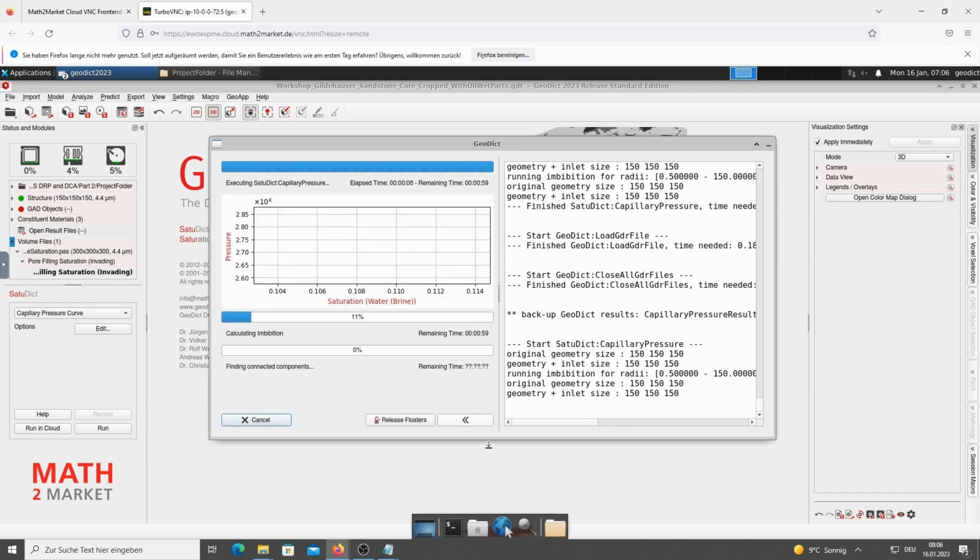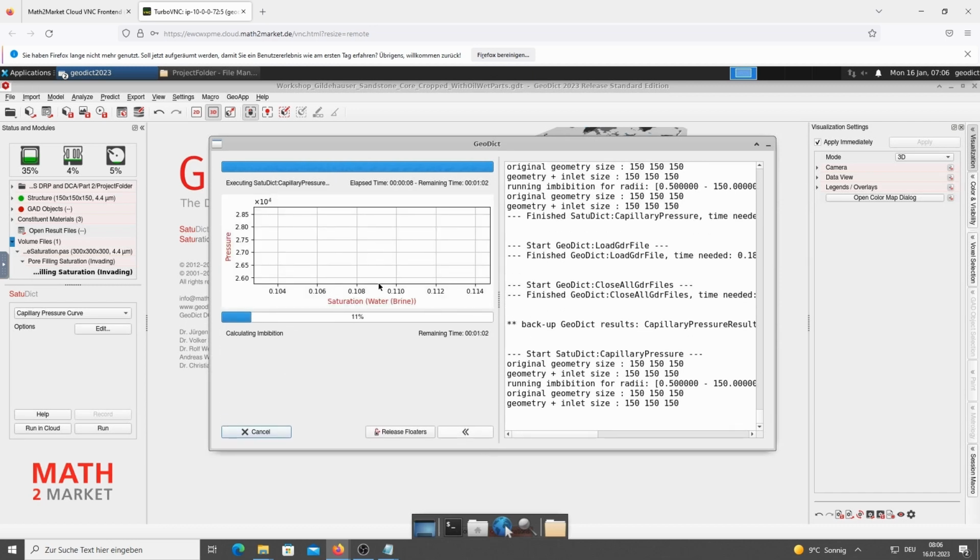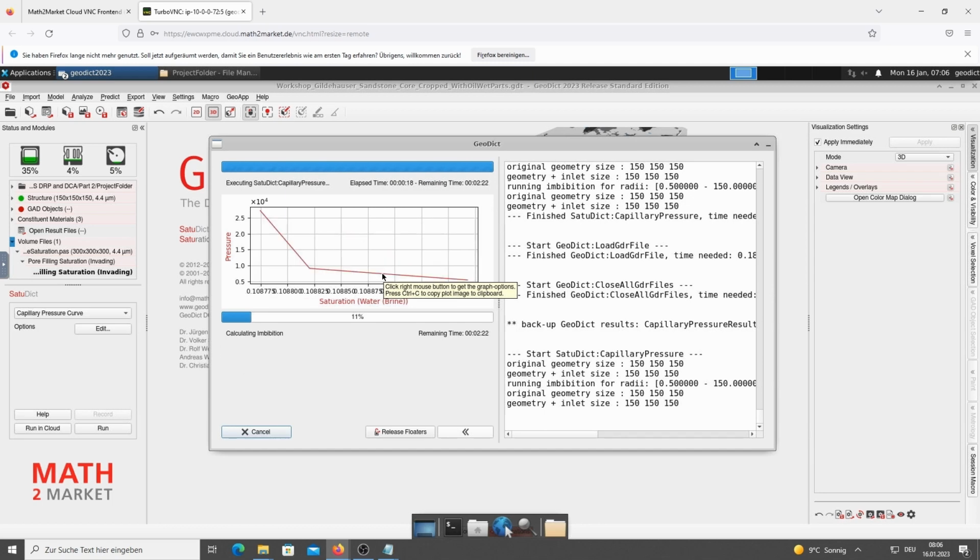In this simulation, the special thing is the simulation starts at a positive capillary pressure and will change at some point to negative capillary pressure values.